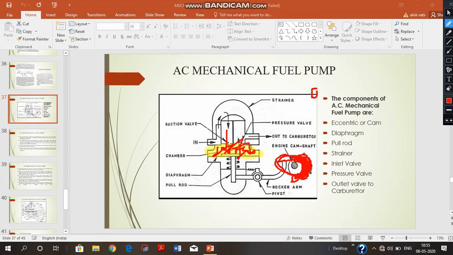This is the pivot, and this is there. Now there will be a force in this direction. Why? Because of this spring. The purpose of this spring is to maintain a direct contact between the